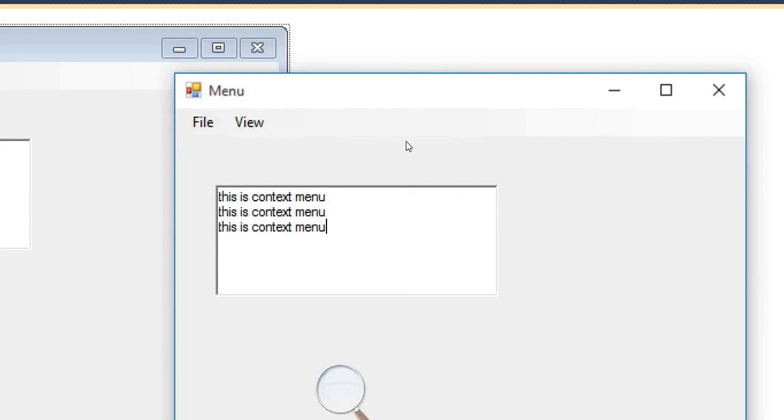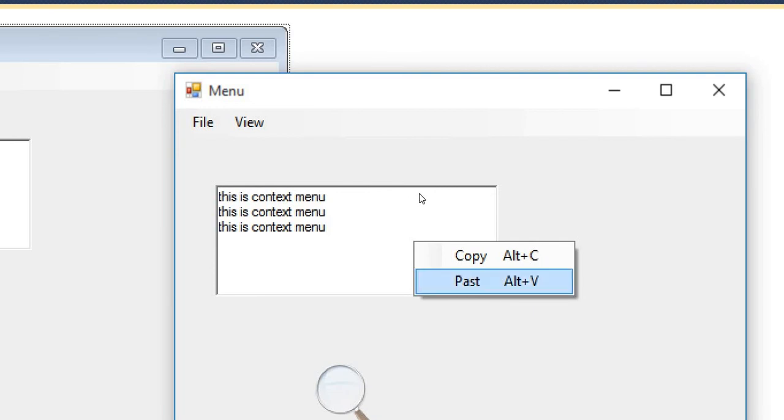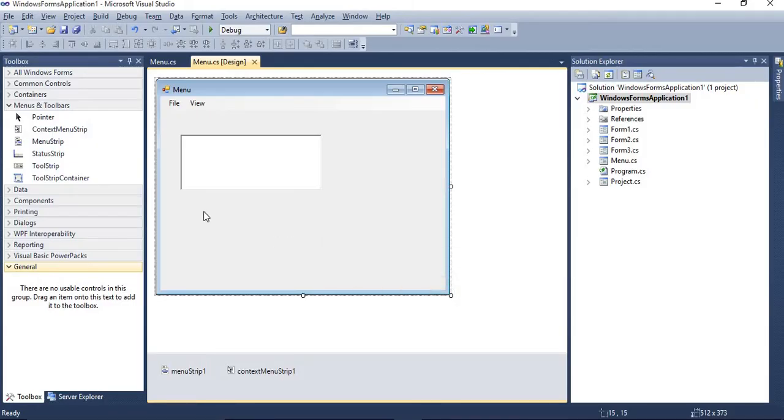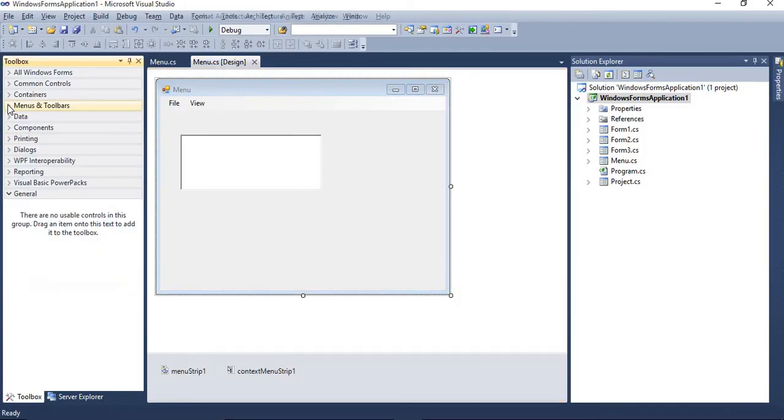Outside it will not provide the option because we are not giving the context menu to the form, but we are putting such functionality on the rich text box. You can also see the shortcut keys which we have defined. So likewise you can use menu items, menu strip and context menu strip.